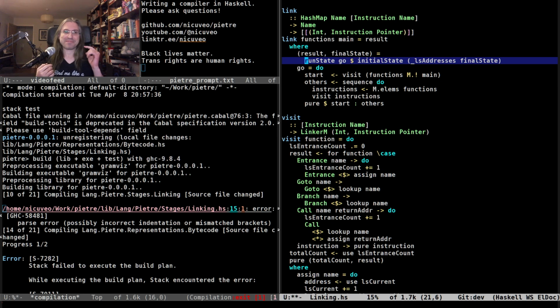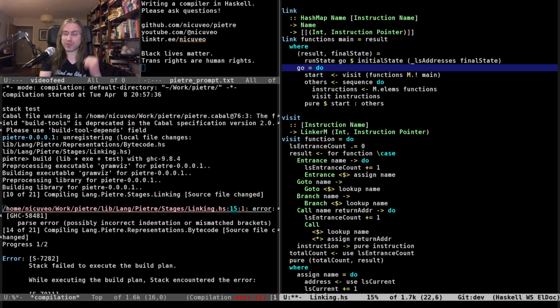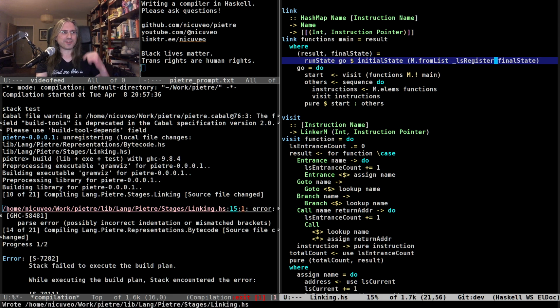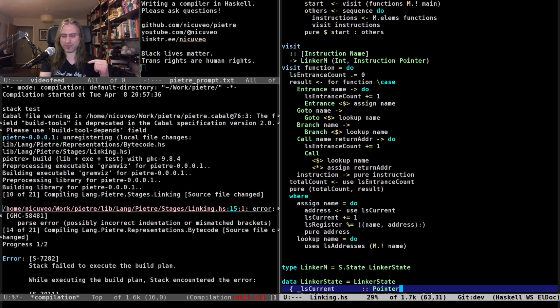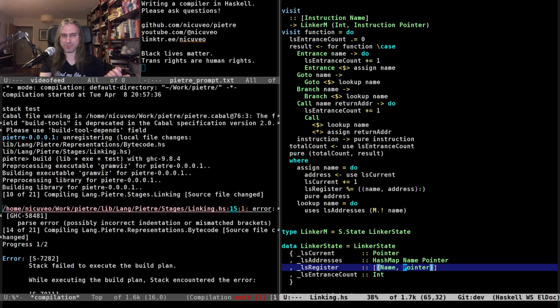And this can work as long as creating the addresses never requires... wait, I'm wrong actually, this is wrong. This is gonna be a map from list of the register of the final state. There we go. So while we are processing this thing, we are creating this register, which is our list of name pointer.